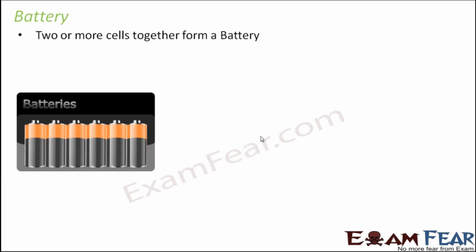We often use the term battery. So how is a battery different from a cell? When we talk about a cell, it is one single cell where you have one positive terminal, one negative terminal, and that's it. But when two or more cells are connected together, it forms a battery. Now why do we need a battery? Sometimes the need for electricity is more. We want a huge amount of electricity to be generated in a circuit. One single cell might not be able to provide that much electricity. So at that time we combine a lot of electric cells to make a battery which will provide more electricity.